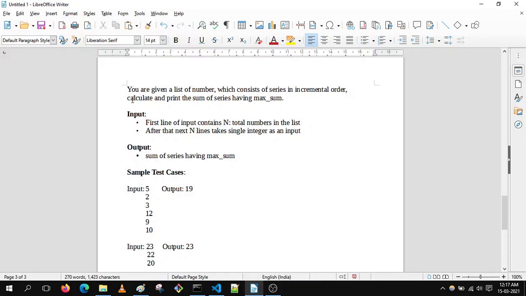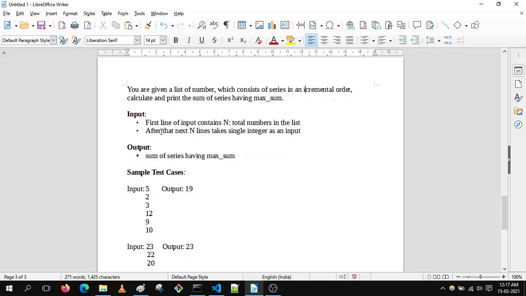The problem statement was like this: you are given a list of numbers which consist of series in an incremental order. Calculate and print the sum of the series having maximum sum.